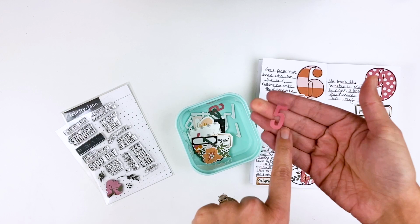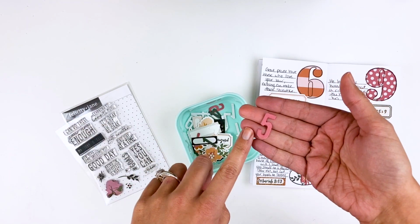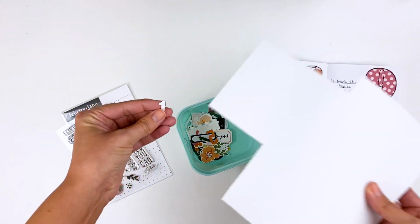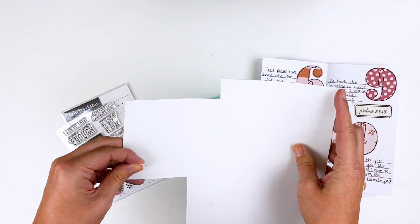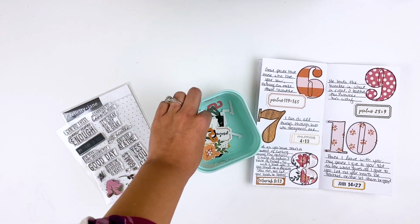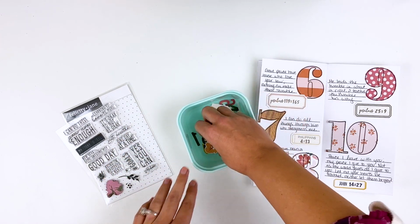But I die cut them out of several of the different solid cardstock pieces from the Madison collection. And then I also die cut the exact same numbers from a piece of craft foam. Now this particular craft foam has adhesive on the back side, so I'm going to make my own thickers from those die cut papers. And then I pulled together a variety of labels from past Felicity Jane kits, but I